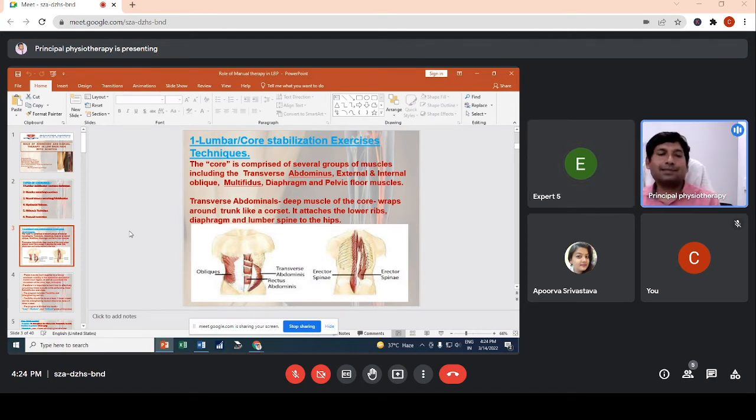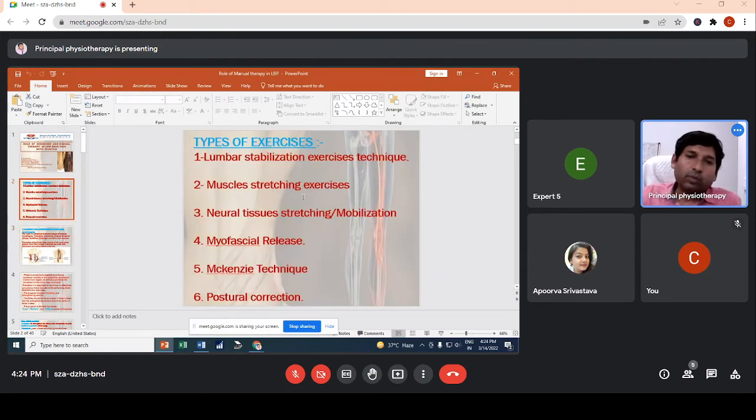और इसके साथ साथ और क्या कराते हैं? We provide muscle stretching exercises. Muscle stretching में those are the multi-joint muscles. Multi-joint muscles, those are associated with the spine and the hip area. We stretch those muscles. जैसे multi-joint muscles